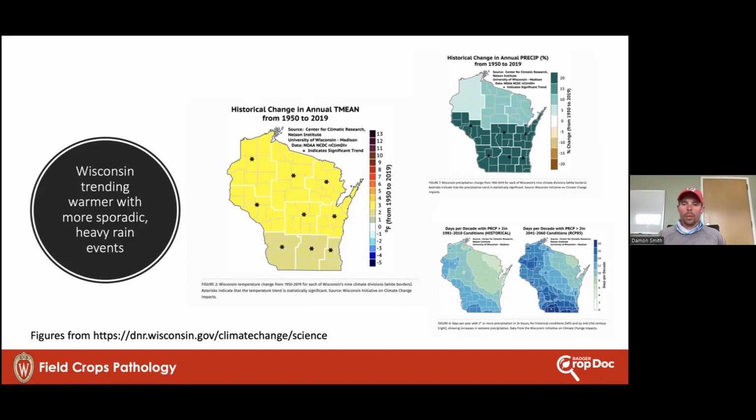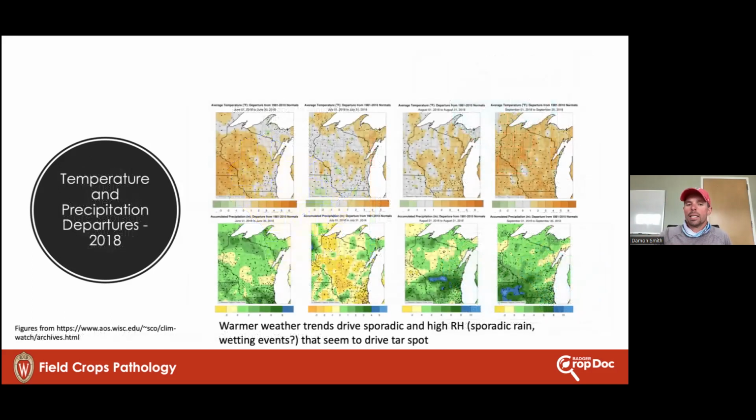having a week where we might get nice, slow quarter-inch rains every other day, those sorts of days are gone. What we're seeing more of now over the last decade or so are these really heavy rain events, 2 inches or more in a 24-hour period, and then it'll be dry for a long period of time, right? And so this is where this wet-dry cycling starts to really become important as we're trying to understand how does tar spot get moving.